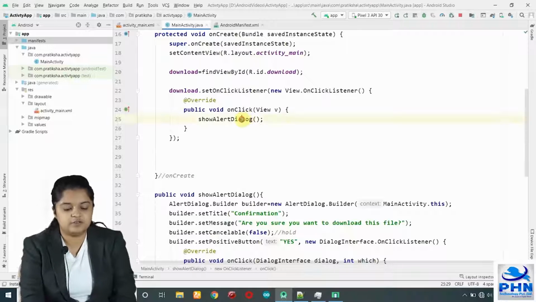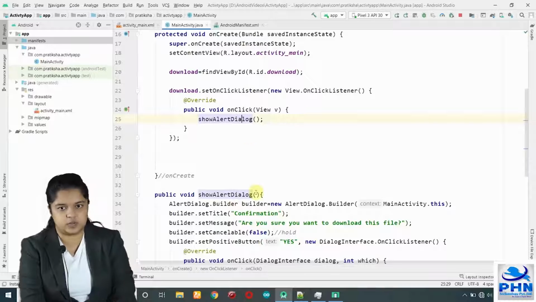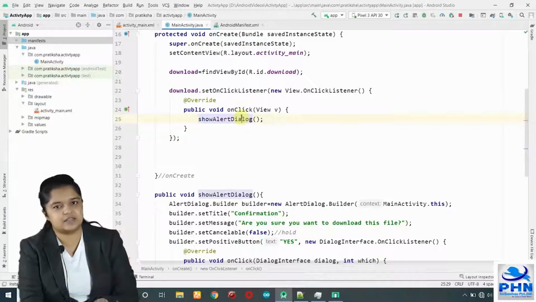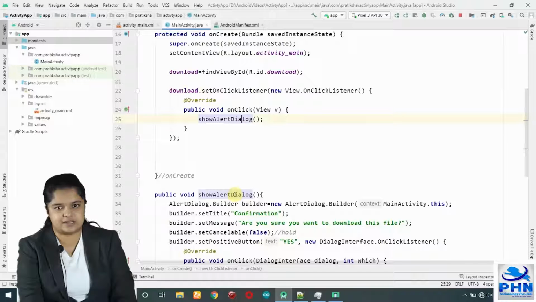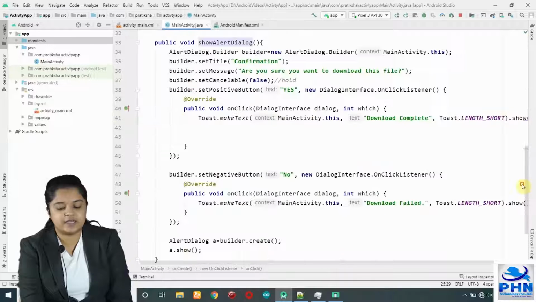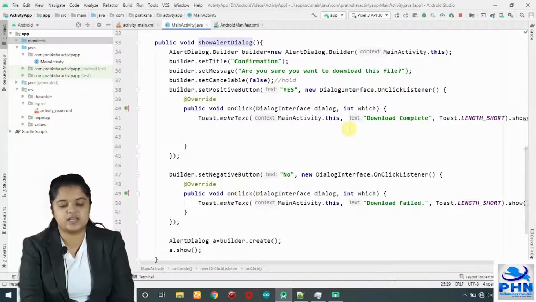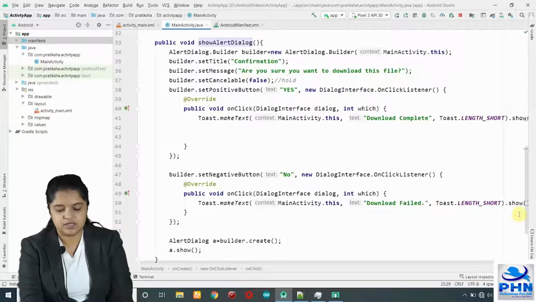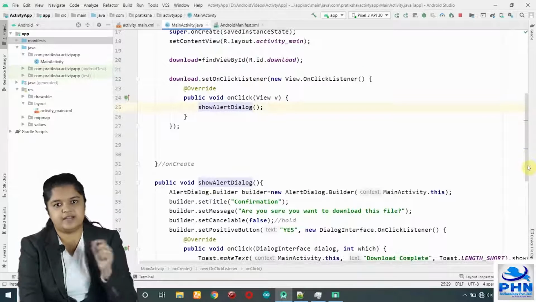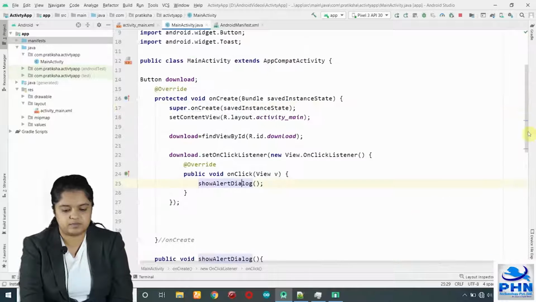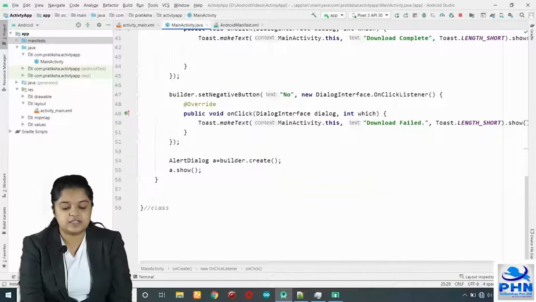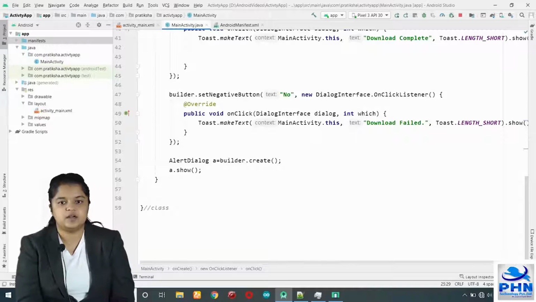However, if you define a separate function like showAlertDialog, then it is fine, because now there is no direct cascading. There is cascading but it is indirect. So if you write this whole code here, maybe you will get an error on these lines. Everything will work fine, but your button click events will give you an error. You can check it out and take note of this point. Be careful.